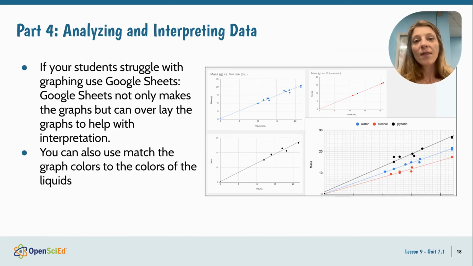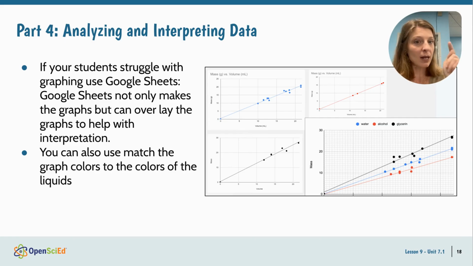In part 4, they're asked to analyze and interpret the data. Now, for me, I know that my students struggle with making graphs. So if your students also struggle with making graphs, consider using Google Sheets. Google Sheets not only makes the graphs, you can use different colors, and those colors can match the color of the liquids that you